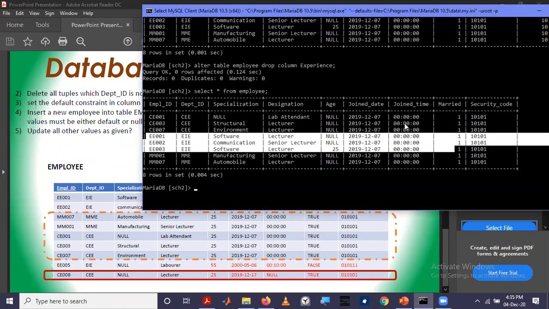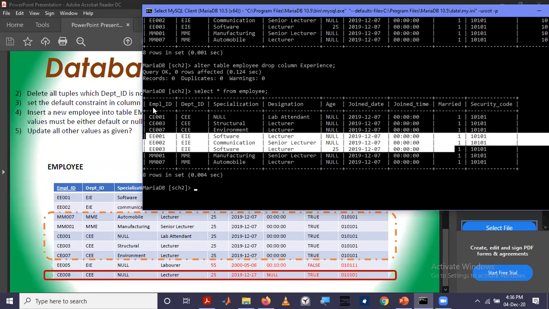For that, there are several keywords: either insert, update, or delete. Those are the three operations: insert, update, or delete. So now in the first one, we are asked to delete all the tuples except these three.